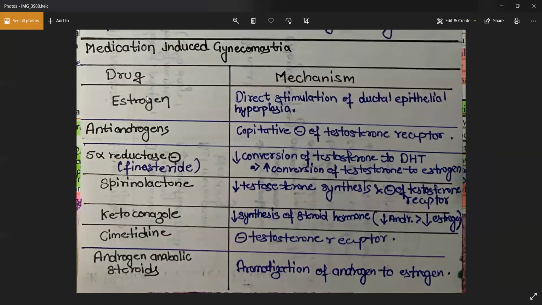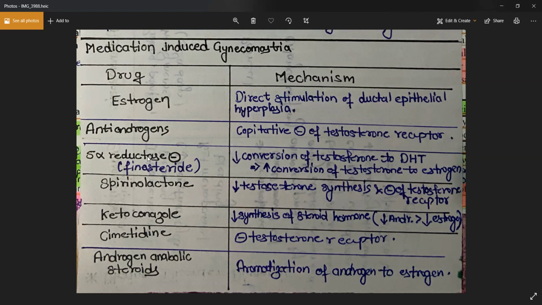First, you have the estrogen, and that causes ductal epithelial hyperplasia, and due to the hyperplasia of the ducts, the patient can have gynecomastia. Anti-androgenic drugs basically inhibit the receptors of testosterone. They can lead to the conversion of testosterone into estrogen, and that can lead to gynecomastia. A 5-alpha reductase inhibitor, which is basically finasteride, inhibits the conversion of testosterone into dihydrotestosterone. That means whatever testosterone is available will all be converted into estrogen now,